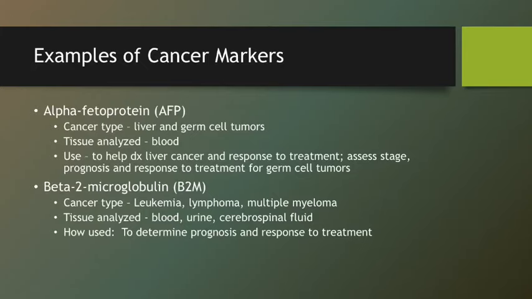Well, it has to do with sperm and egg production. Germ cells, actually, those are the ones who produce sperm and eggs. So it's ovaries and testes. So alpha-fetoprotein is a test for liver and germ cell tumors, and they test the blood. It can help diagnose liver cancer and response to treatment. For germ cell tumors, so for testicular or ovarian cancer, it can help stage the disease